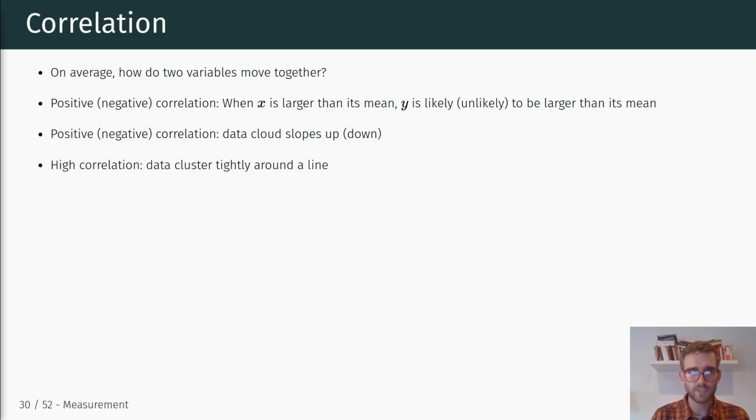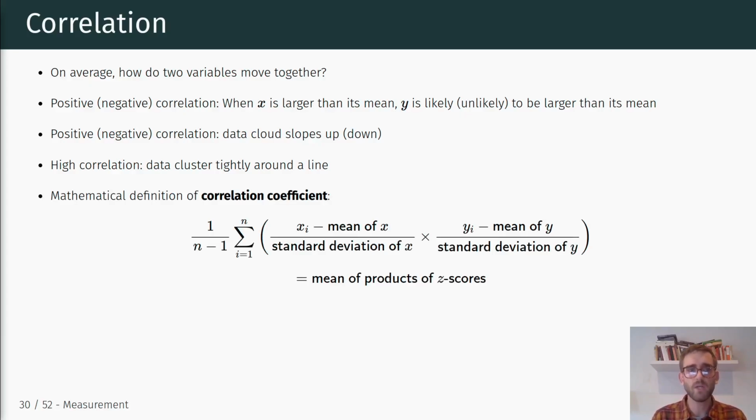Correlation doesn't only tell us something about the direction and whether there's a positive or negative relationship, but it also tells us something about the strength of this relationship, in the sense of how tightly the data cluster around a line that summarizes that relationship. We're going to talk about that in more detail as we go forward. But for now, we're going to just look at the mathematical definition of the correlation coefficient, at least one way to conceptualize it, which is